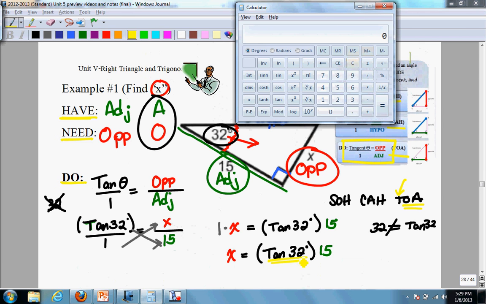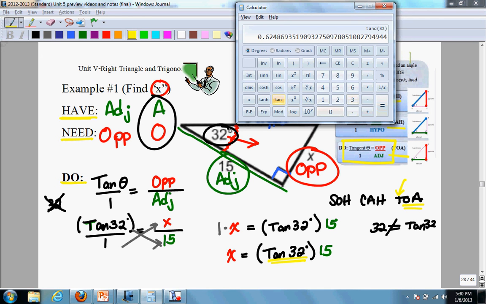In this case, we're doing tan 32. So you either do tangent and then 32 and hit an equal sign, or you do 32 tangent. On your calculator, figure out which one it is right now. Yours should match mine,